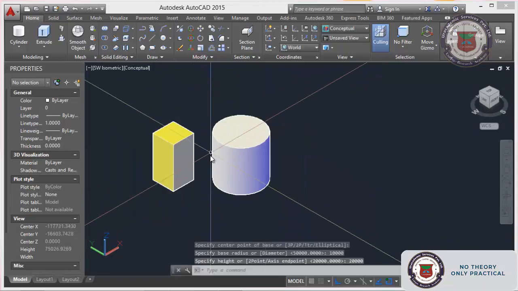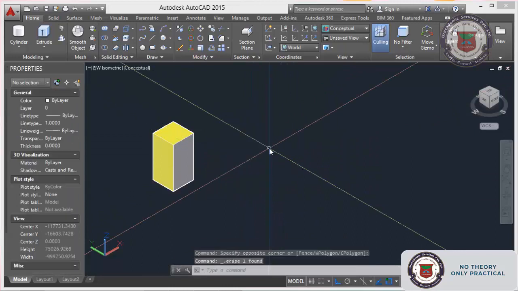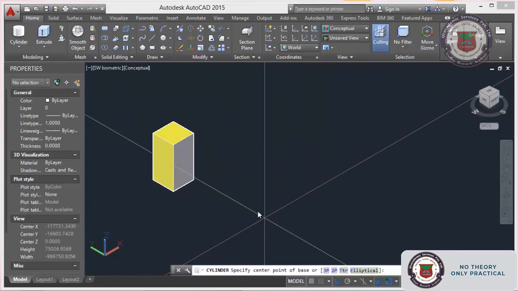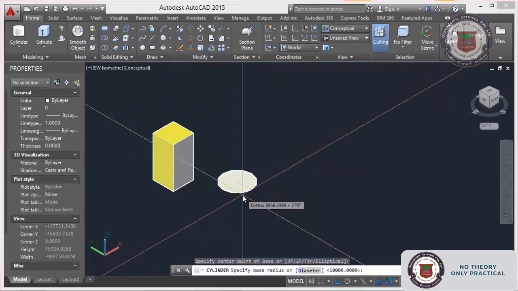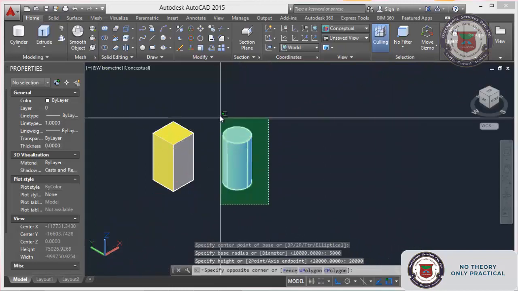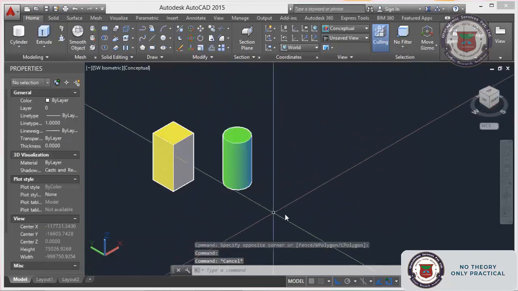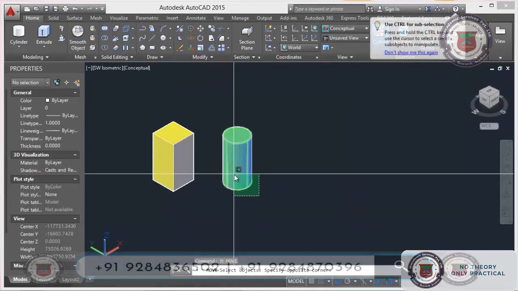Yes, this is a little bit bigger than this one, so I want to make it uniform. Okay, for that one I will give cylinder and give radius about 5 meter and give the height 20 meter. Okay, now I think it looks the same size, so that you can get the visualization.